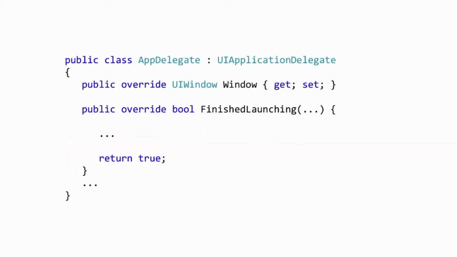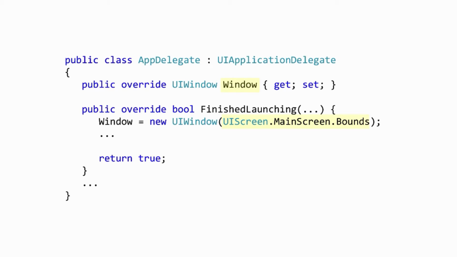Let's bring this back to our project. When the app launches, the main method will launch the UIKit framework and point it at the app delegate. The app delegate creates the primary window, which will provide our visual surface. It has a property named window of type UIWindow, which must be assigned. Now, the system will assign it automatically if you're using a storyboard, or you can set it yourself. And the UIWindow class must be passed the rectangle which it will be able to draw into. Typically, we would want to use the entire device screen, and this is defined by a static property on UIScreen named